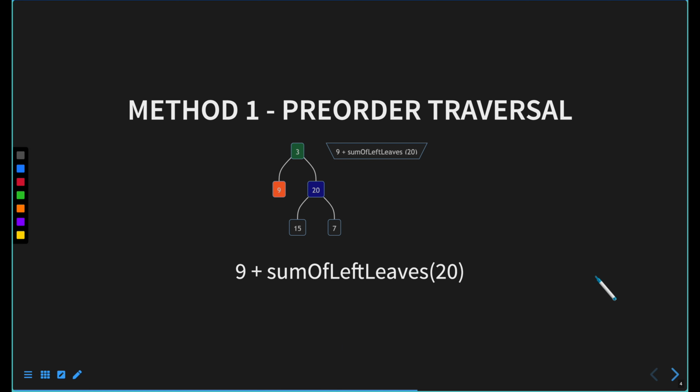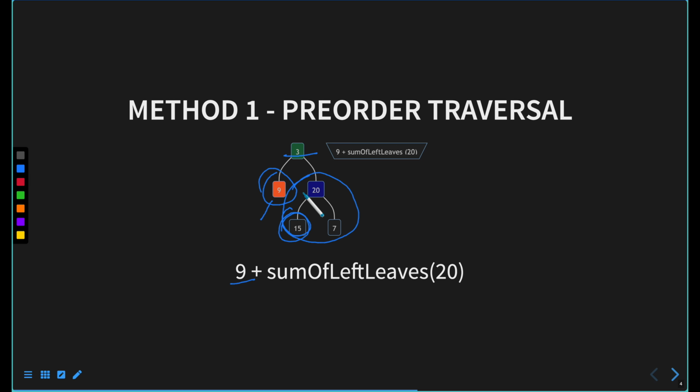So suppose we have this tree from the example we had earlier. So we will start with the root node 3. We process it in the sense that we will see if we have a left child of the tree which is also a leaf node, and in this case the answer is yes. So we will add it to the sum, and then we will be processing the rest of the tree. So suppose if it had more, because it's a left leaf, we are done here. But in this case, we still have this side remaining where we can find this potential node